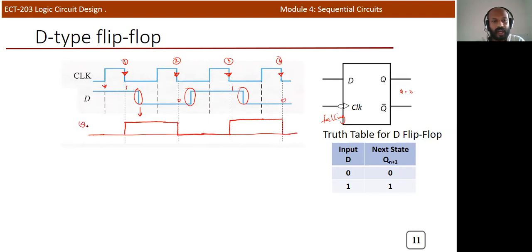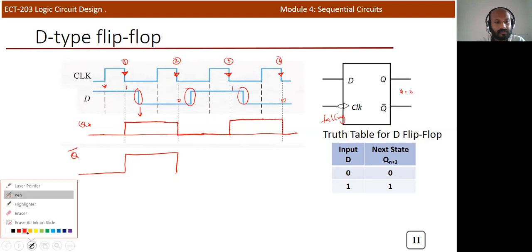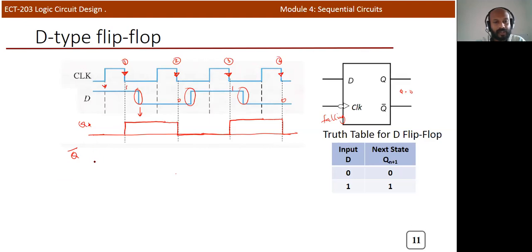So this is the Q output. And similarly, there is a Q bar also. Q bar is simply the opposite of Q. Initially, if Q is equal to 0, Q bar will be 1. And when Q is equal to 1, Q bar equals 0. It will just be the opposite of Q. So 0, 1, here it is 1, here it is 0, 0, 1, 1, 0. That's the only thing about Q bar. We just get the opposite in the Q bar.